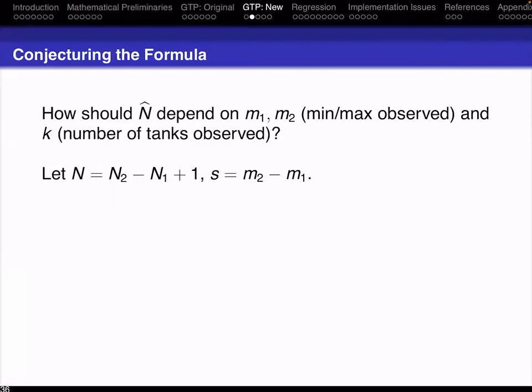So what I want to do is I want to try to estimate what N should be in terms of the spread, and the number of tanks observed K. Can anybody give me a lower bound for N in terms of the spread S and the number of tanks observed K? It has to be at least